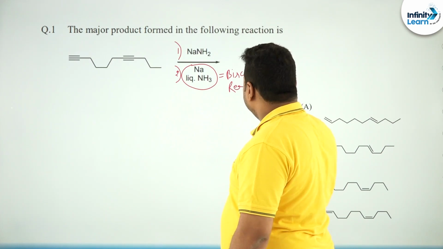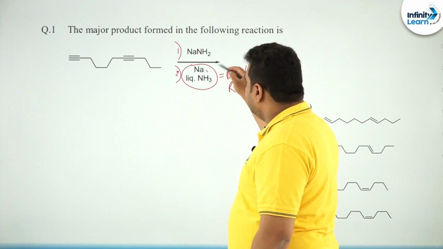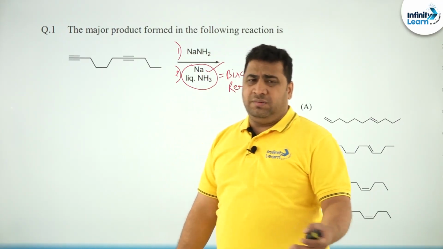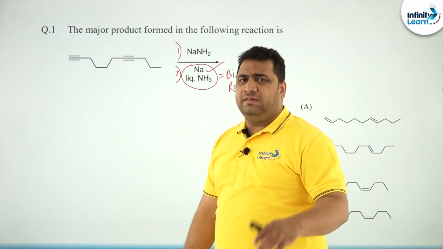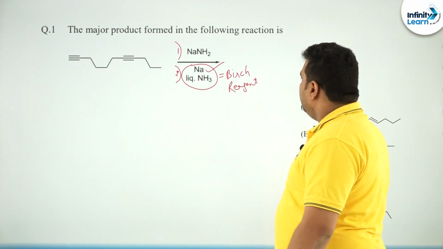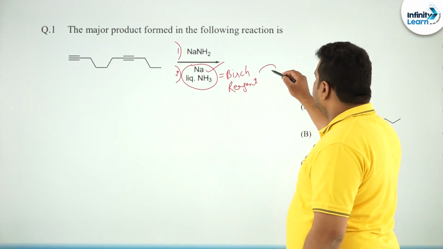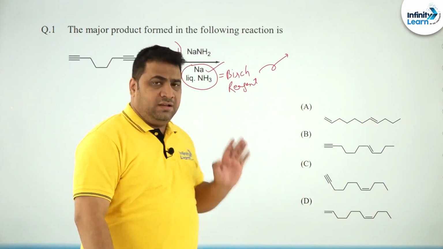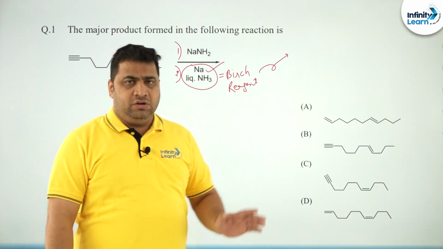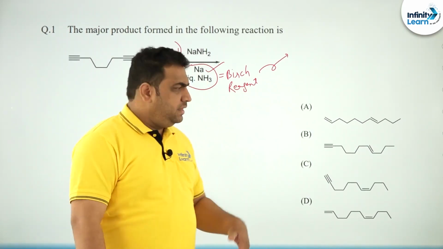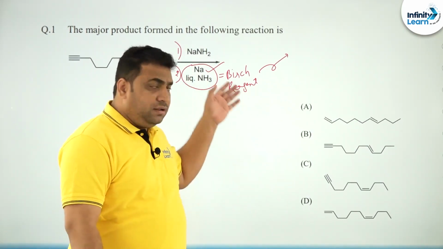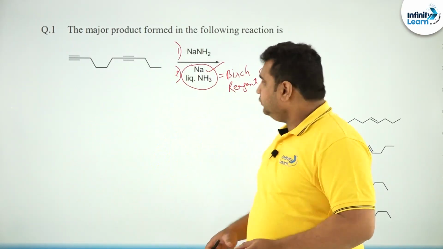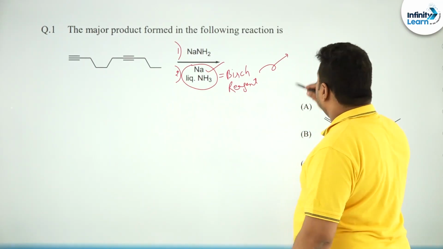Birch reagent, and in place of sodium, you can also take lithium or potassium, however, since sodium is economical, in most of the cases they say sodium, right. Now, what is the function of Birch reagent? The function of Birch reagent, let's not see the options, let's not bother about the key. Why? You already have the key with you, you are not here for the key, correct. Key can be obtained easily, but first let us solve the problem, then we will see the options, right.